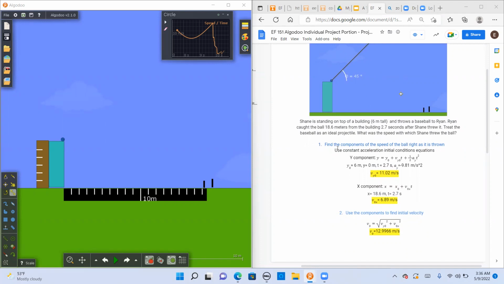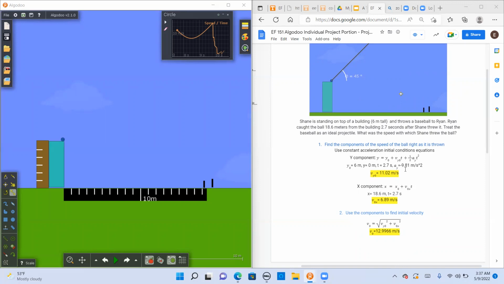without Algodoo first, you would use the constant acceleration and initial conditions equations, which you would find the components, and the component equations right here. So the y component equation, you have the final position equaling the initial position plus the velocity component of y times time plus a half times the acceleration, in this case, gravity,